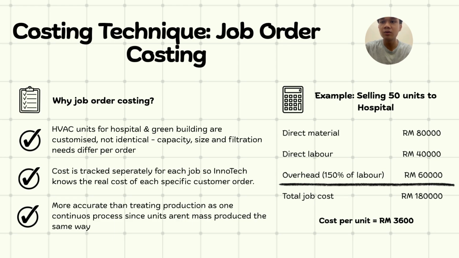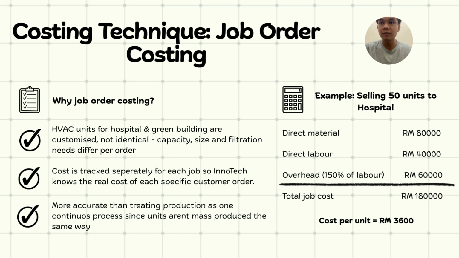To show how this works, we did a simple example. Let's say Innotech received an order for 50 customized units for a hospital. Direct material, which is things like steel casing, comes up to 80,000 ringgit. Direct labor for assembly is 40,000 ringgit. Overhead is applied at a rate of